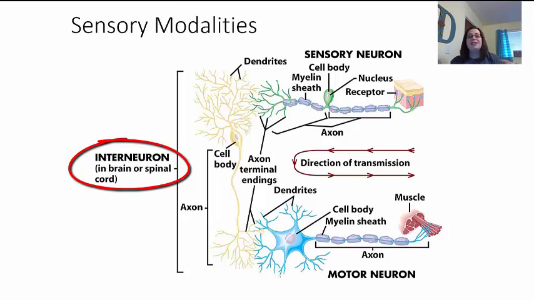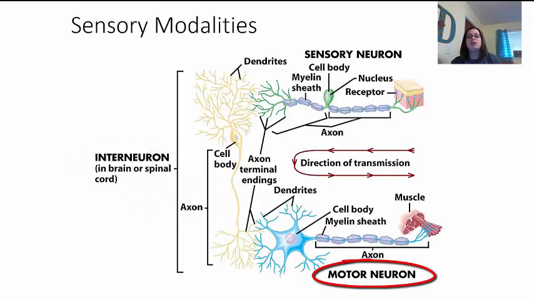The yellow neuron then decides what needs to happen, and it sends a signal down the blue neuron at the bottom, which is the motor neuron, and it causes us to change it. If it's enough pressure, it may cause you to want to move your arm, okay, or brush something off if that's what the pressure might be. Okay, so this is how the sensory modality kind of works. We get the sensation, it integrates, we figure out what it is, and then we decide what we're going to do with it, and it sends out the motor response. That's how we're showing that they're integrated and connected together.